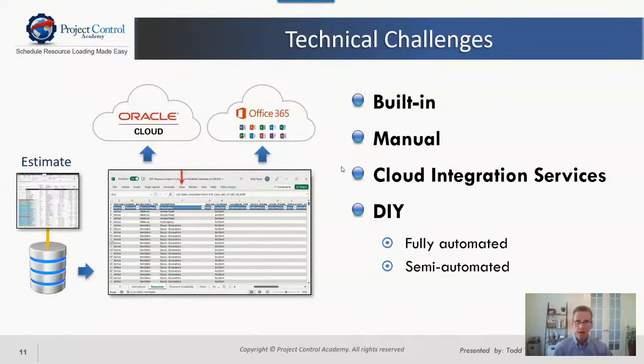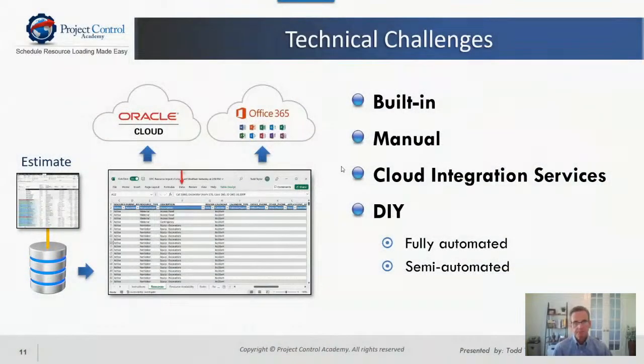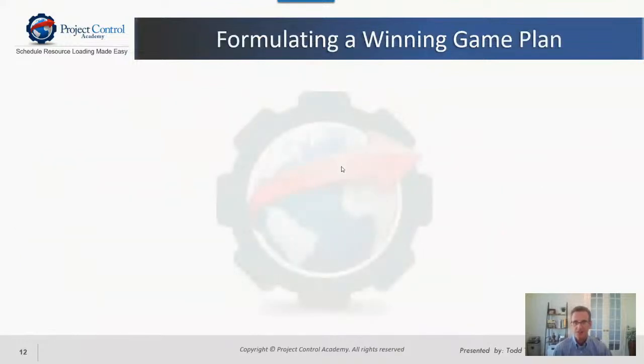And the same can be said for Microsoft Project. Microsoft Project's a little bit different. It doesn't really have the import templates. It allows you to map whatever Excel template you have to import the resource, cost, and activities. But essentially the same concept can apply. And in comparison to a full integration, this is probably about 10% of the effort. So it can get you a long way with a fraction of the effort involved.